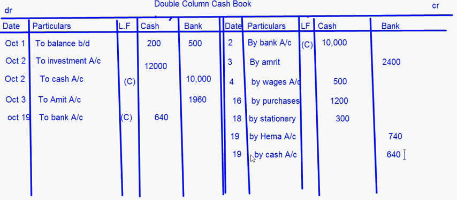Bank balance is decreasing. When you withdraw money from bank, the bank balance is decreasing. So in the bank column it will come on the credit side by cash account, and in the cash column it will be to bank account on the debit side, right? Then